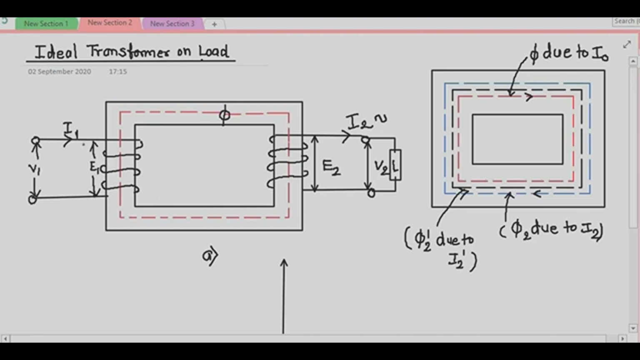So in addition to your I magnetizing, the current I2 dash, which is also called the load component, flows through the primary winding, and that load component I2 dash will produce the flux phi 2 dash, which is shown by the black line here, in the direction opposite to that of your I2. So this phi 2 and phi 2 dash will cancel each other, and the flux in the transformer core is constant. So the magnitude of this current I2 dash is such that the demagnetizing